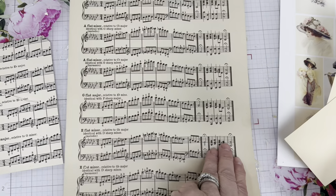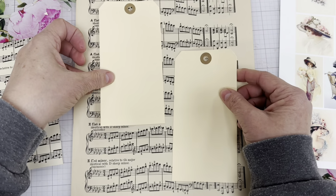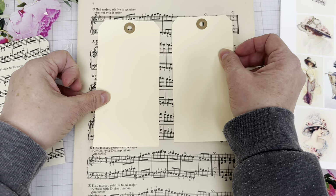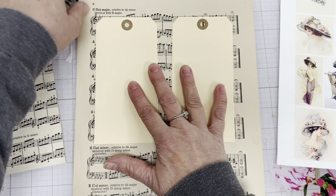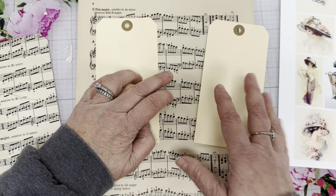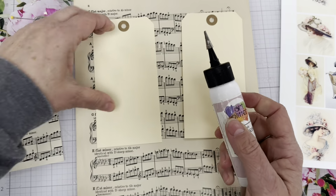To me, they're both basically the same, so I'll just choose this side, and we're going to glue them on. And I'm going to try to glue them up here so that way I can reuse the bottom. So I want to make sure that when I glue them that I have the music on the whole piece. So I'm going to use my art glitter glue,